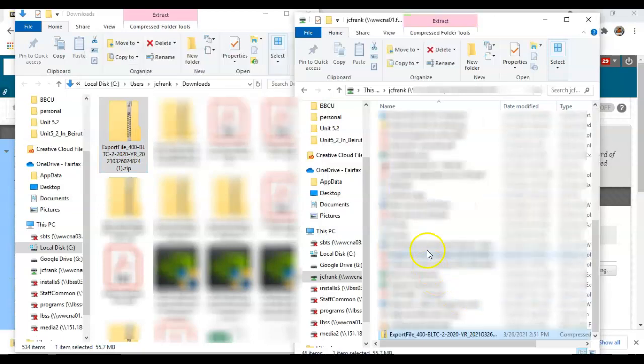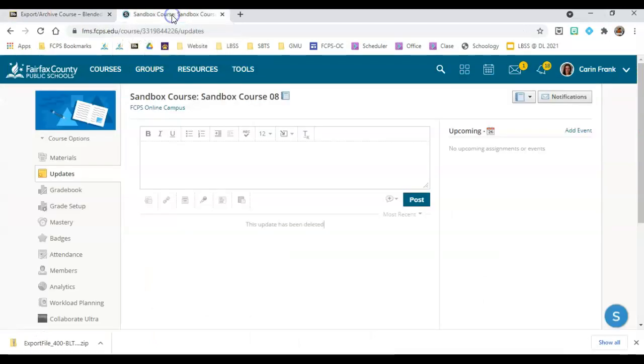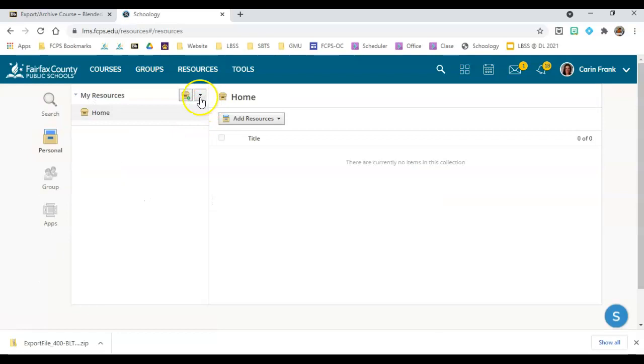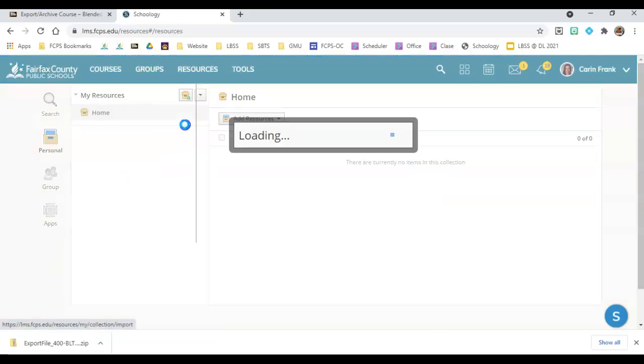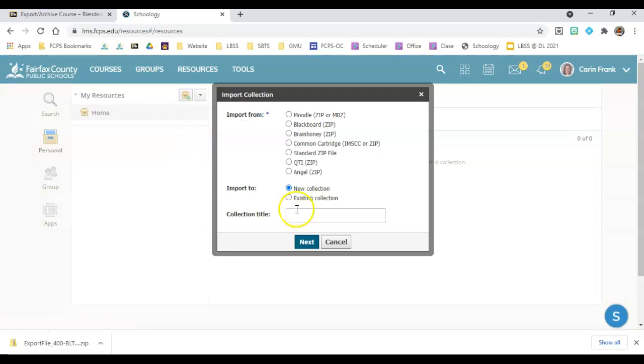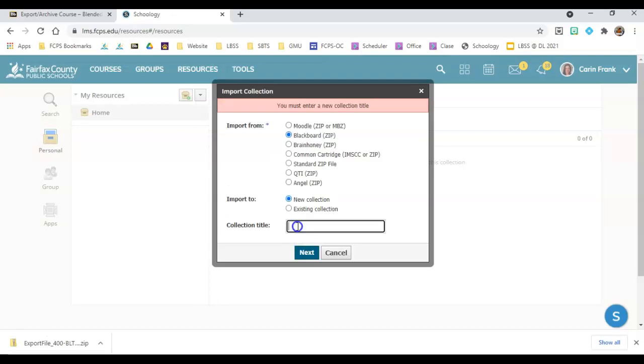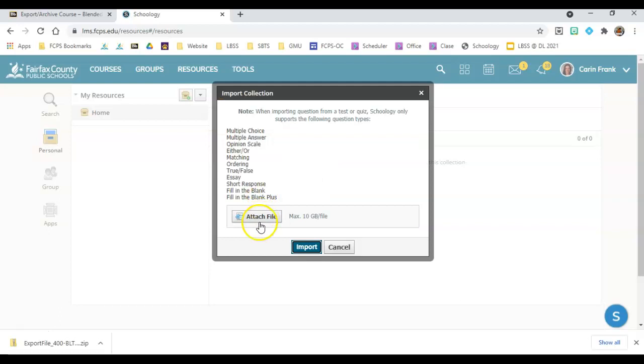Now that the file is somewhere secure, which is in your H drive, we can go back to Schoology, and then we can click on Resources. From here, we click on this little arrow, and then we select Import. We want to import a new collection, and we're importing from Blackboard. Select Next, and you do also have to name it. Once you name it, click Next. And then you have to attach your file. So click Attach File,